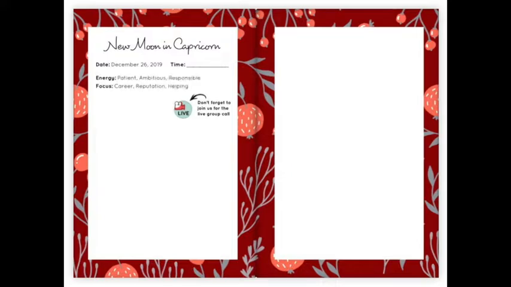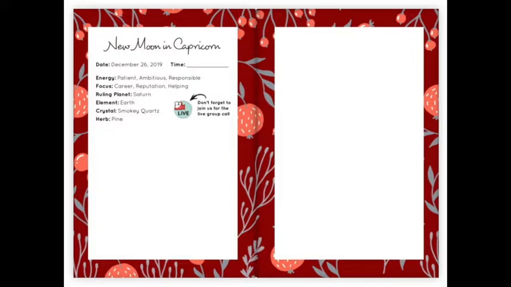You will also find information surrounding the energy of this new moon and where you might want to focus your intention for this cycle based on the zodiac sign. The ruling planet gives you some information about the primary influence of the sign and determines how the lunar energy will be expressed. You also find an element, the crystal, and an herb listed here. These are the materials that I will use for the live call, but you can of course use anything that suits you. You don't have to use these ones. These are just associated with the zodiac sign.